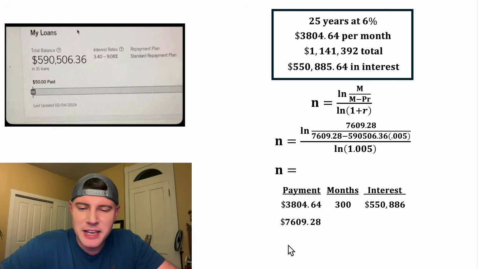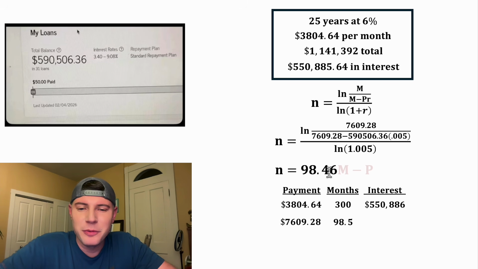Let's plug in $7,609.28. And after we plug all of this into a calculator, we end up with about 98.46 months. We can update the table here. How much are we going to pay in interest for this one? So after we do 98.46 times this minus this, we get